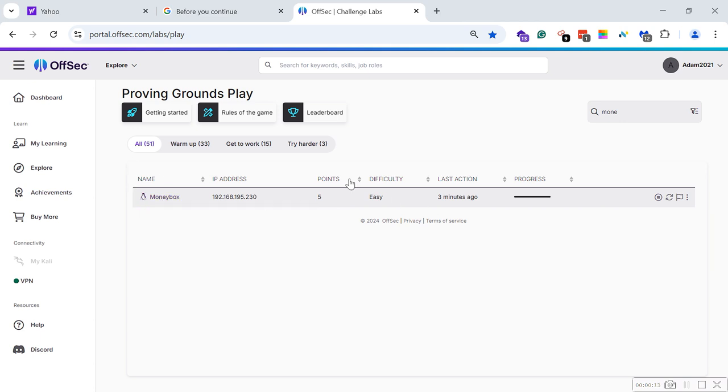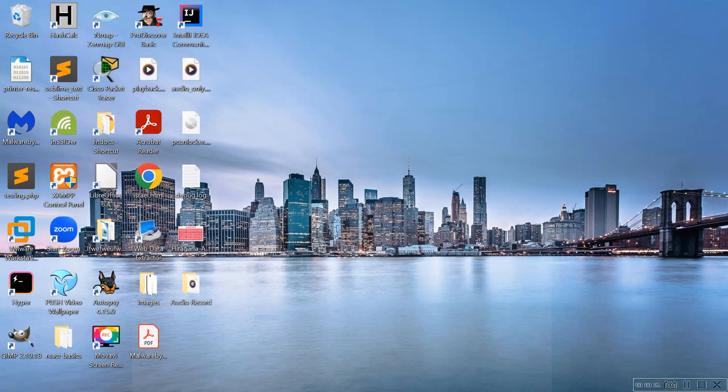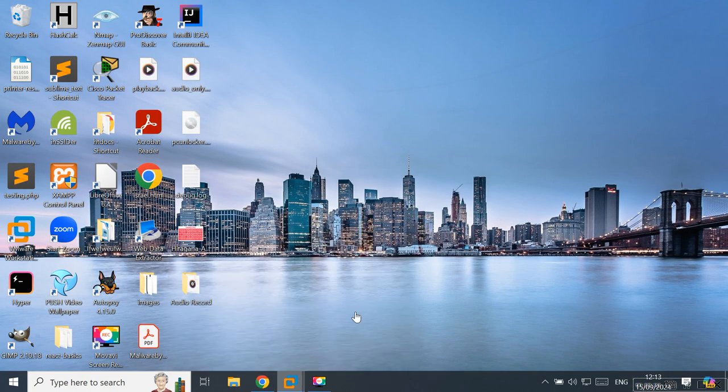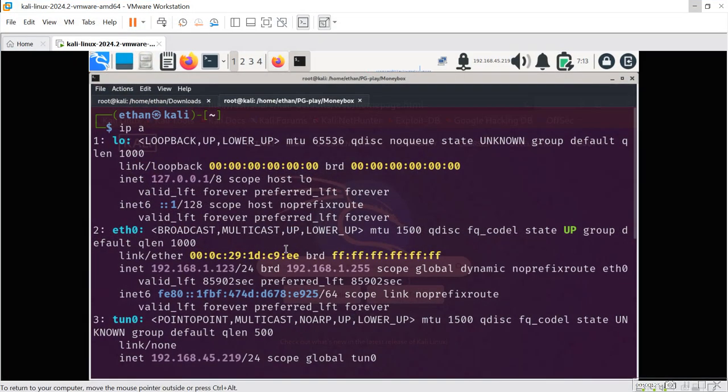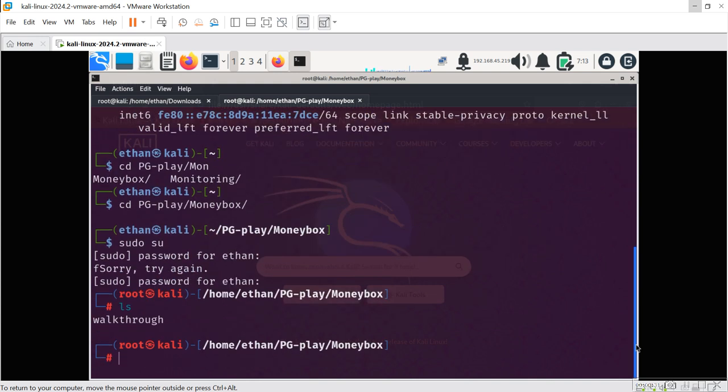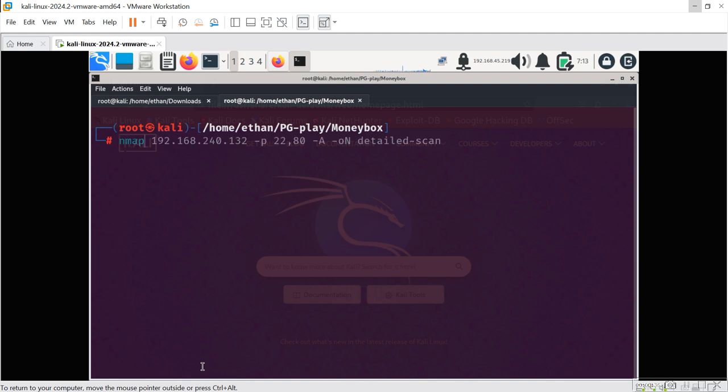I assume that you know how to fire up your OpenVPN. We got an IP address, so we just copy this, and as you can see, my IP address is this one, .45.219, and straight away we